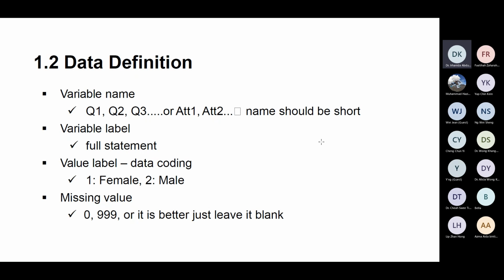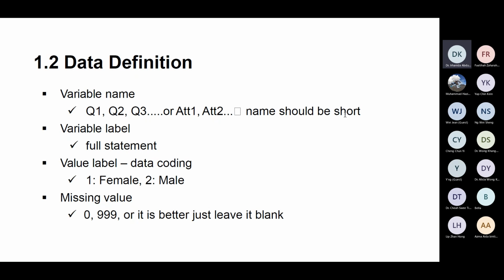It is not so important, but if let's say you miss out or accidentally delete one of the rows in your SPSS, at least you know, oh, what kind of question or what kind of data that you accidentally deleted just now. Label is like us labeling our stuff, at least we know what the variable belongs to, which group or something like that.